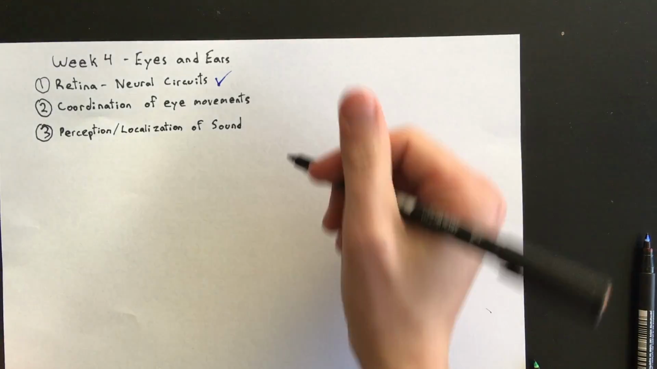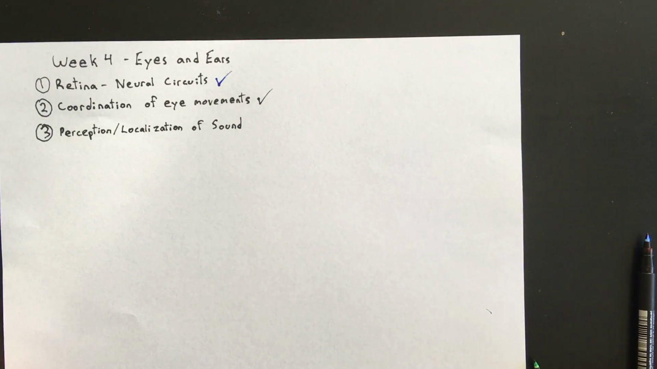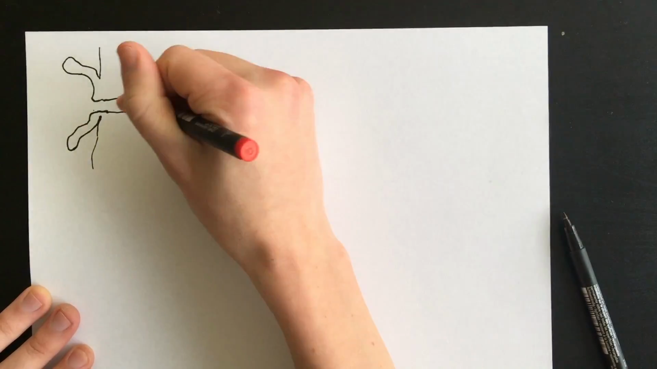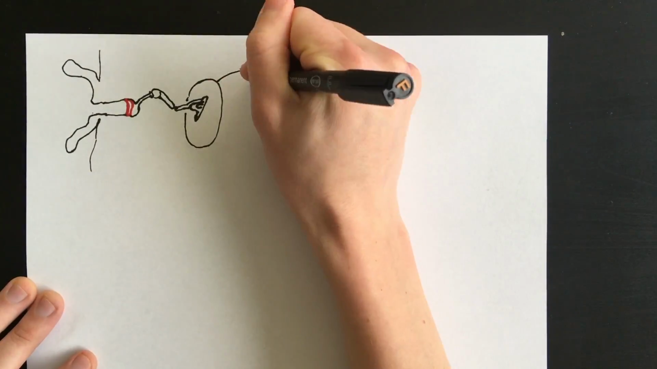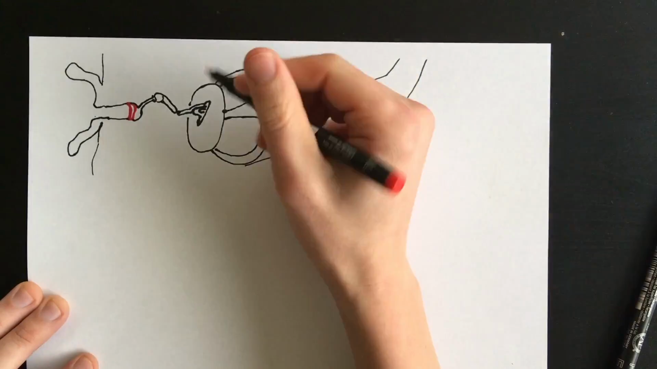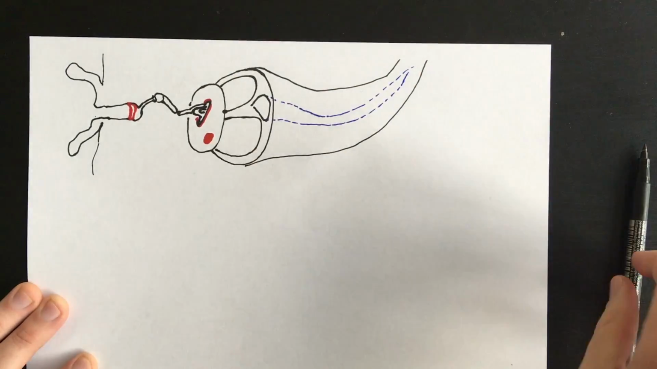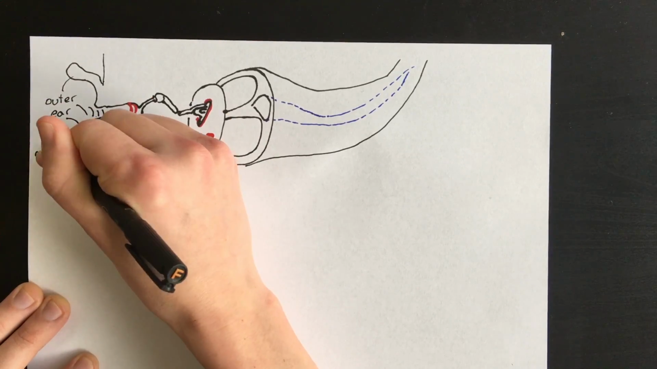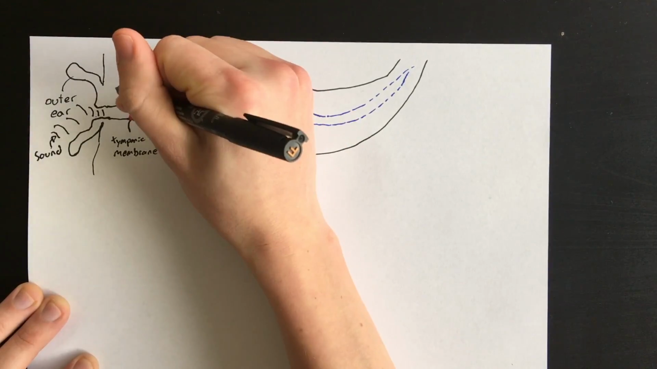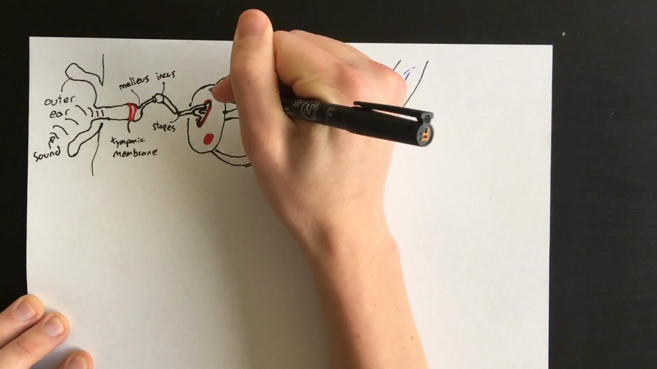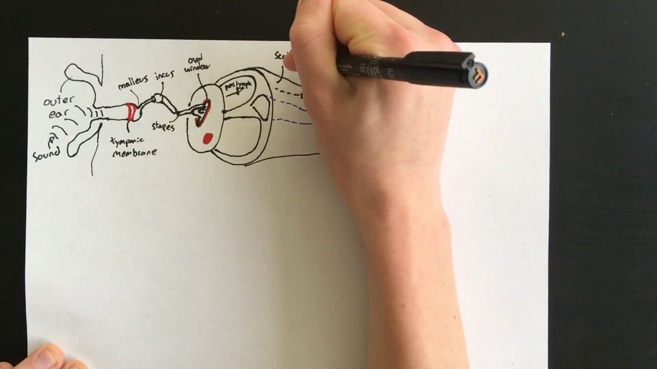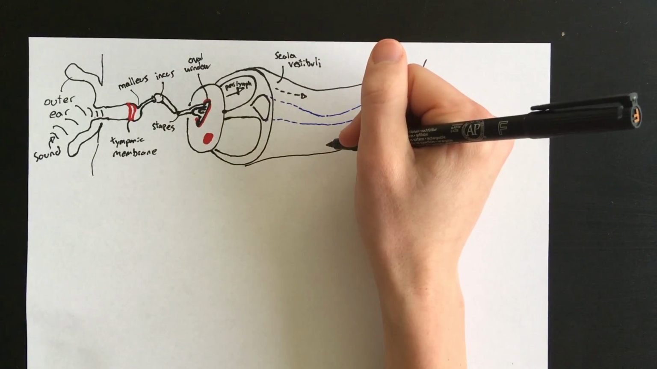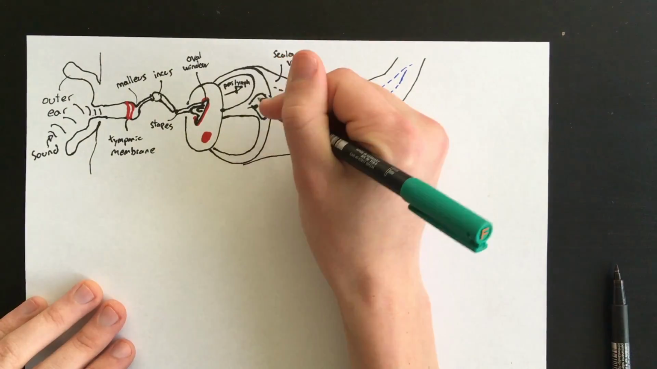Finally, we'll move on to our third objective, the perception and localization of sound. Sound comes in from the outer ear and transmits physical energy through the tympanic membrane into the ossicles, which is then relayed into physical energy onto the non-compressible perilymph through the oval window. Generation of waves transmitted through the scala vestibuli and transmitted around the cochlea through the scala tympani